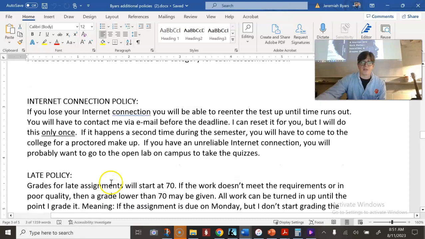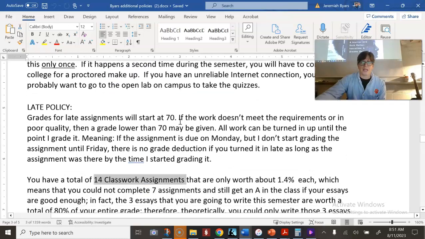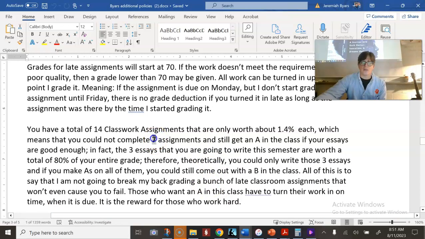So 14 assignments constitute a total of just 20% of your grade, which means that each little assignment is worth only 1.4%, which means that you could not complete 7 assignments and still make an A in the class if your 3 essays are really well written.